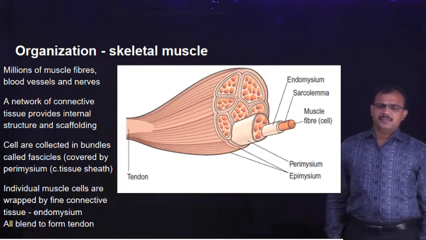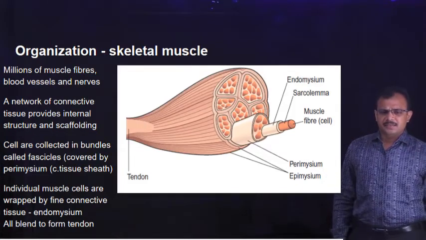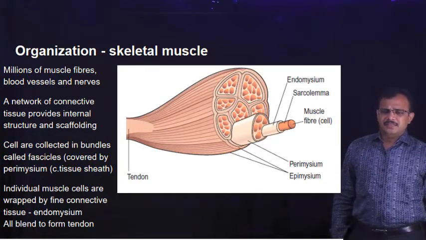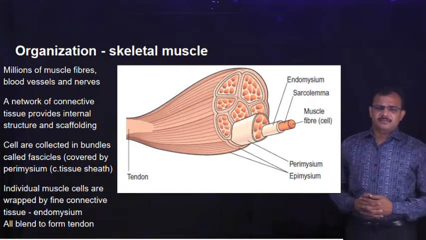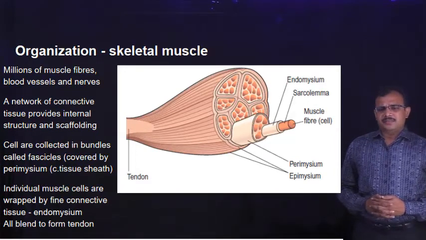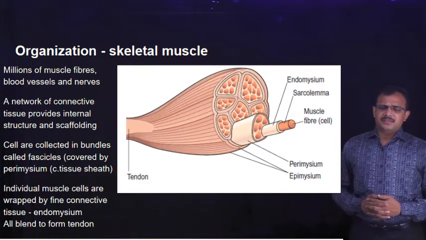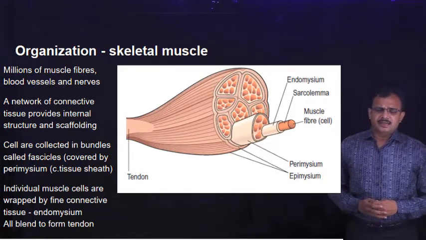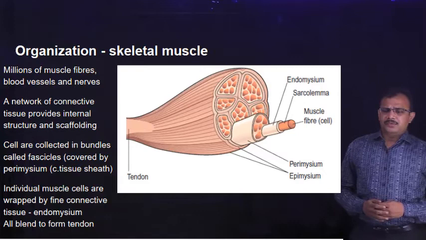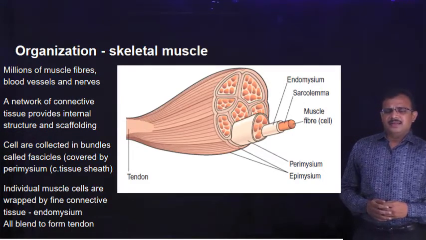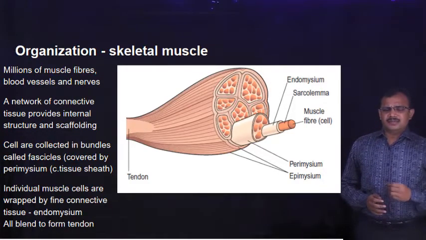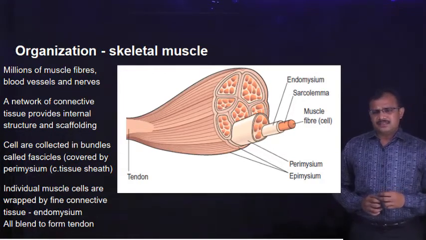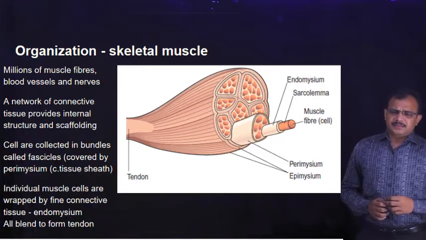Now let's see the organization of a skeletal muscle. This skeletal muscle consists of various muscle fibers, and these cells are called muscle fibers because they grow enormous in length, up to 35 centimeters, and these elongated muscle cells can be seen in the longest muscles, which are in the legs.